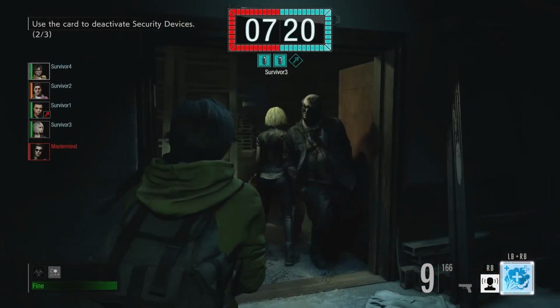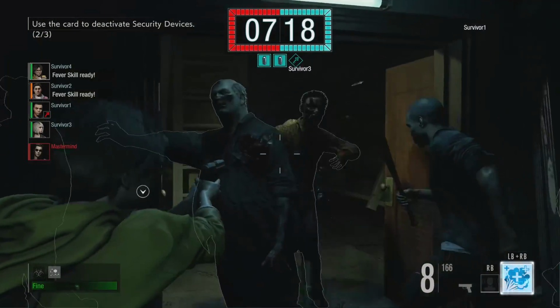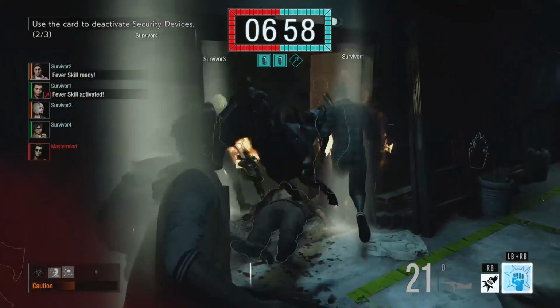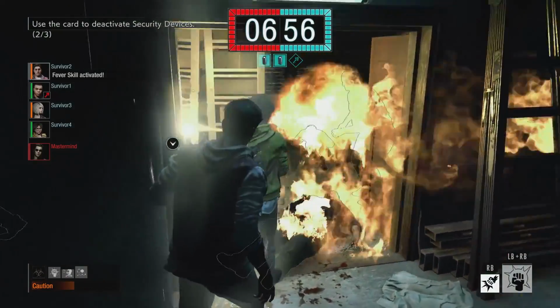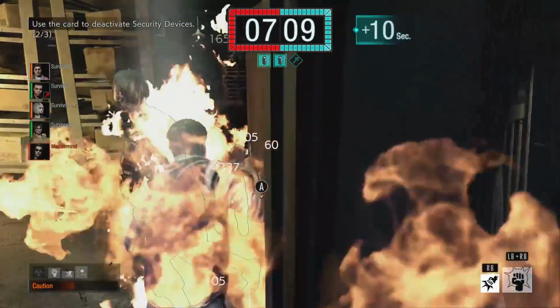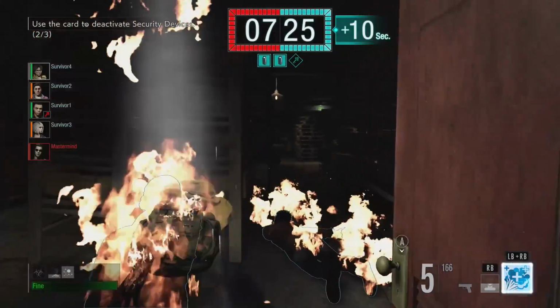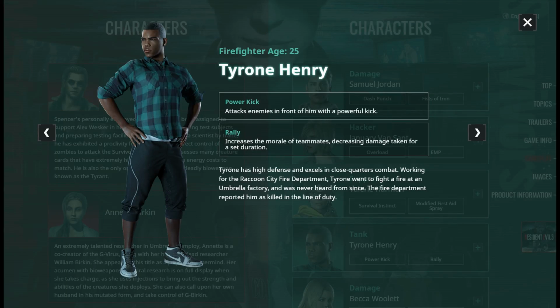Remember that every time somebody on your team dies, that's 30 seconds off the clock, so you really can't afford to have people dying a lot. And I think this Fever skill is going to be super useful going forward. I expect you'll see lots of Valerie in Resident Evil Resistance, so get used to her because she's lovely and I like her. Now that we have the team's healer, we need the team's tank, and that tank is Tyrone,